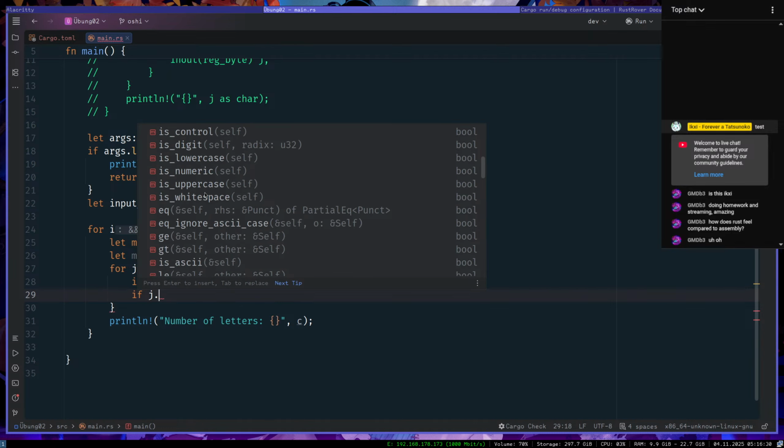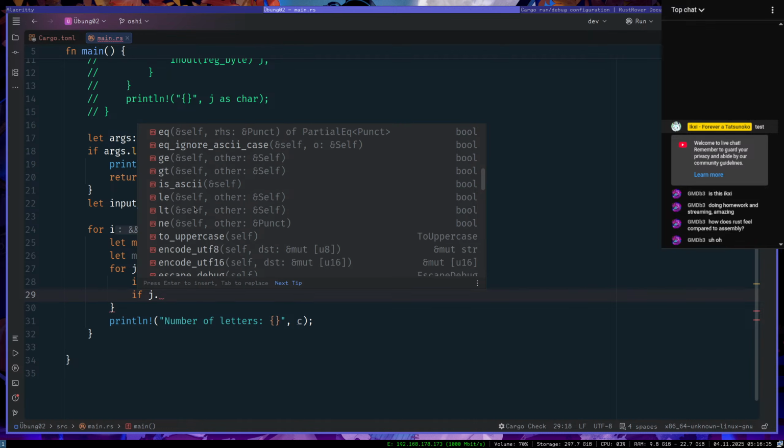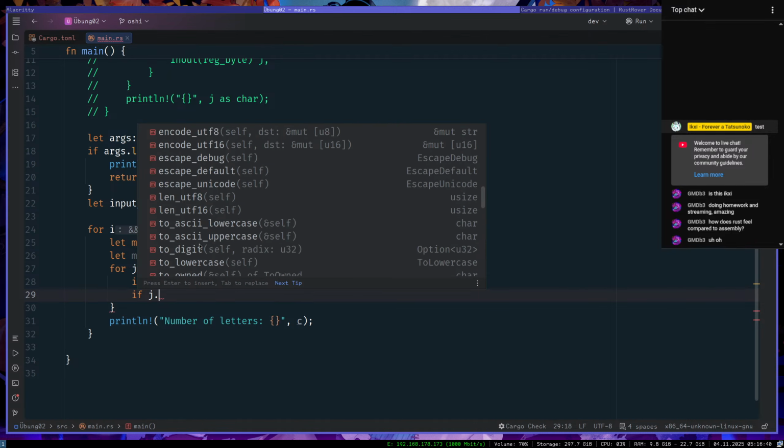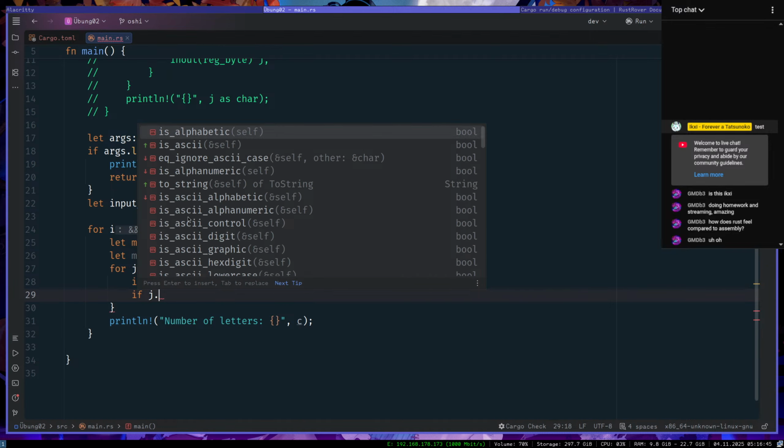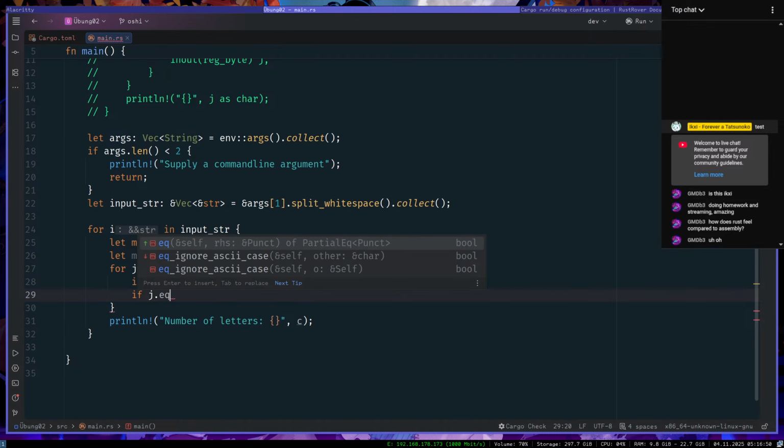Is numeric, lowercase, is ASCII... It's just is and... alright, equal.